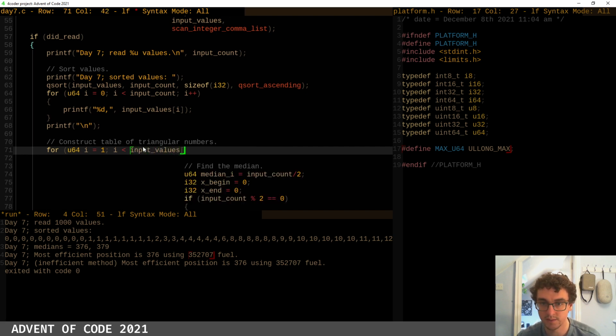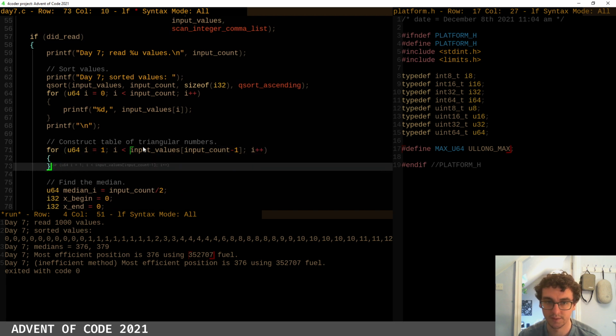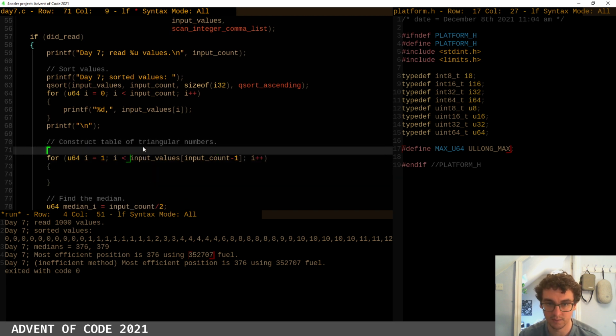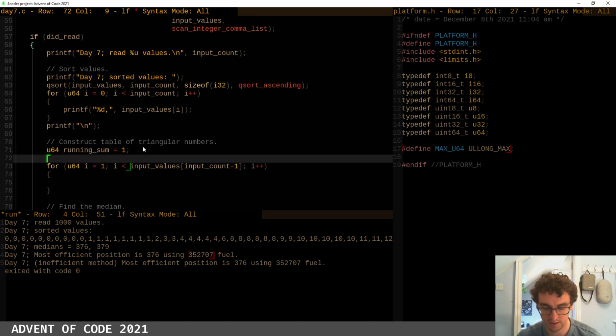Input values, input count - 1, the last value in the array, which is the highest. i++. We're going to have a running sum, starts at 1, and we're going to have a triangular numbers table,